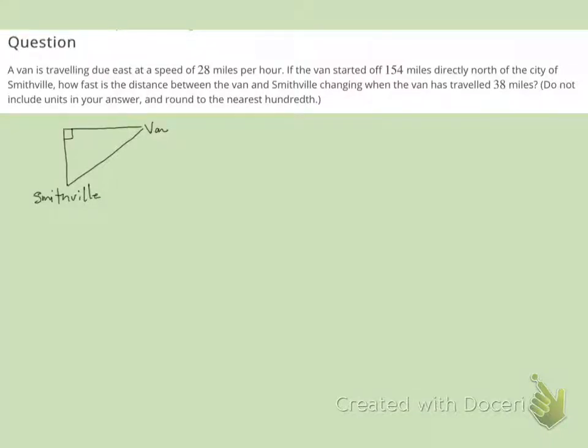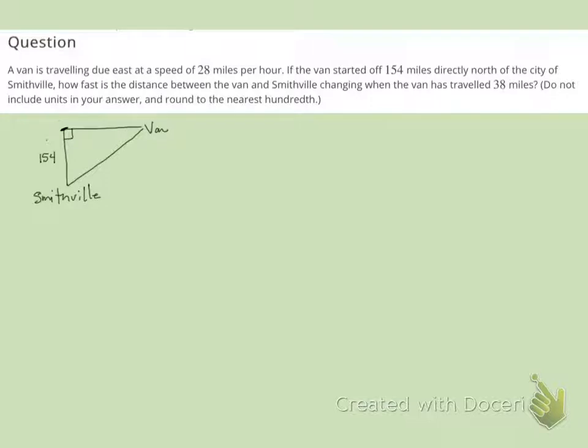Hi everyone. So here we have practice problem number 3, and we have a van that starts here, traveling due east at a speed of 28 miles per hour. If the van started off 154 miles directly north of the city of Smithville, so we know that this length is 154. How fast is the distance between the van and Smithville changing when the van has traveled 38